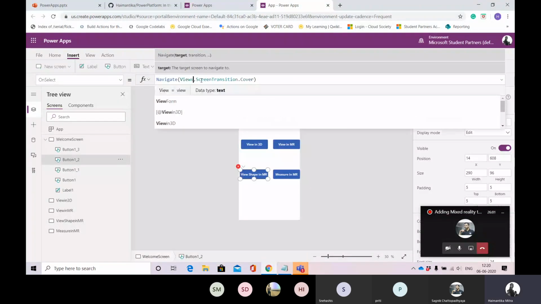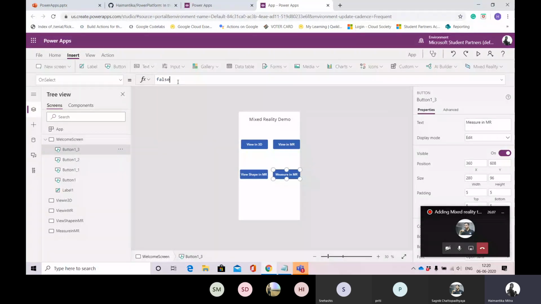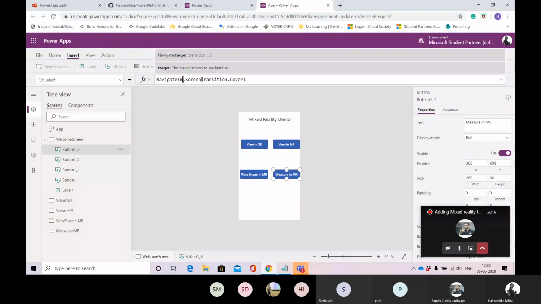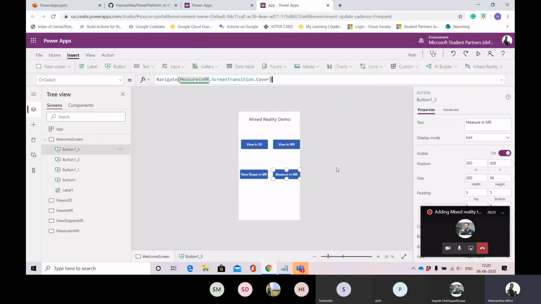This will be for view shape in MR, and the last one will navigate to measure in MR.